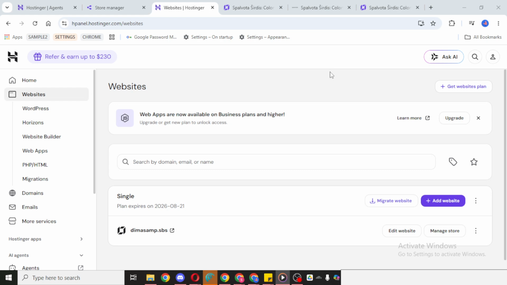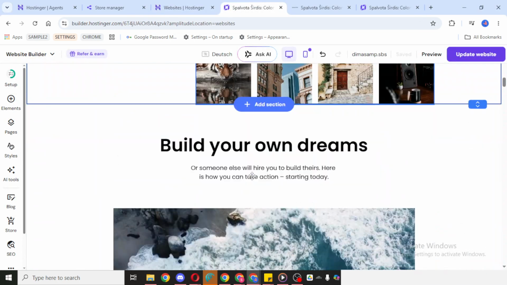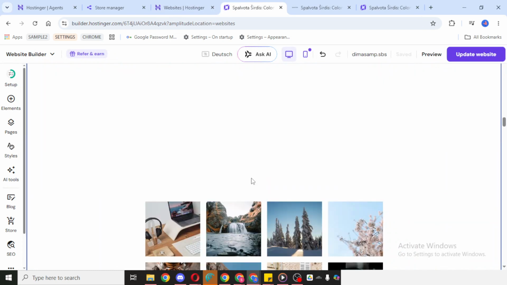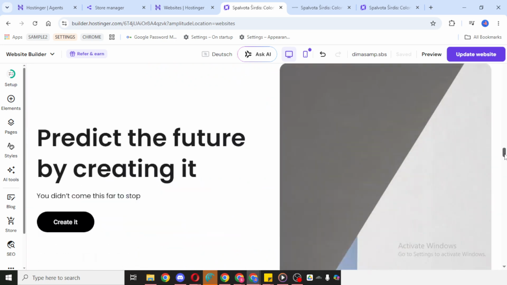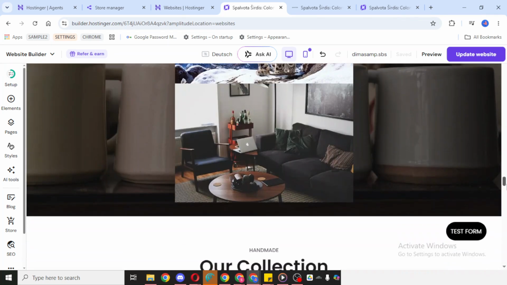This will open the Website Builder, where you can make changes to your page layout and design. After the editor loads, scroll all the way down the page until you reach the very bottom of your website. This part is important because the footer is typically placed beneath all of your main page content. Taking a moment to confirm that you're at the bottom helps make sure the footer is added in the correct location and keeps your site looking clean and professional.